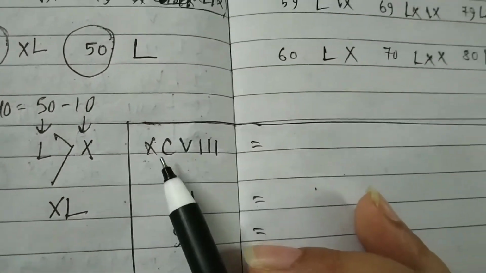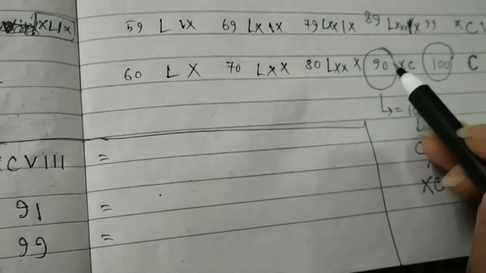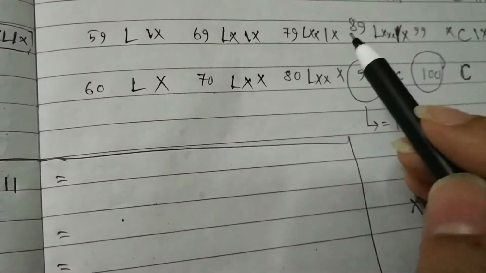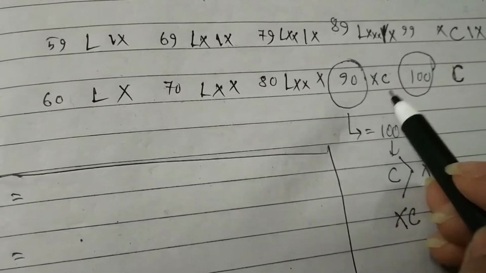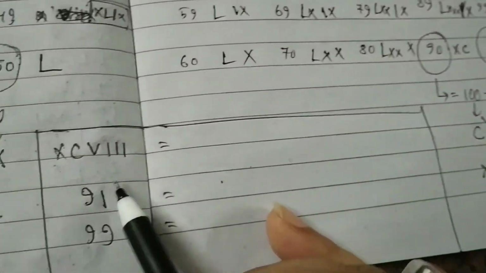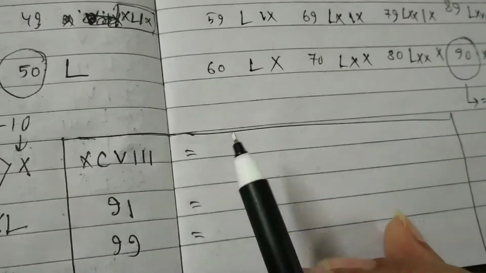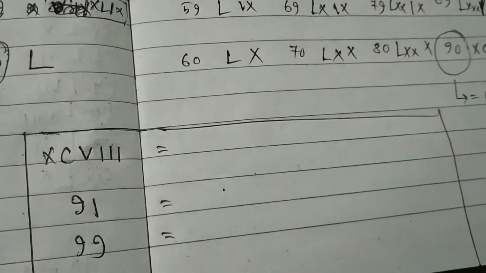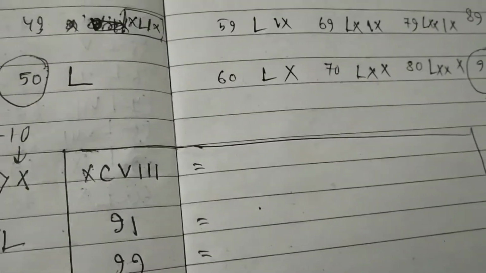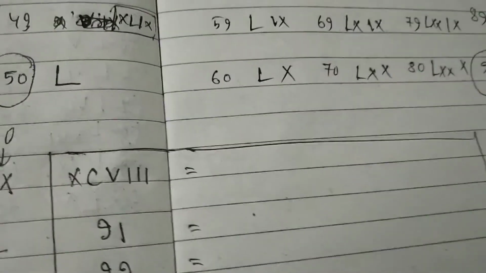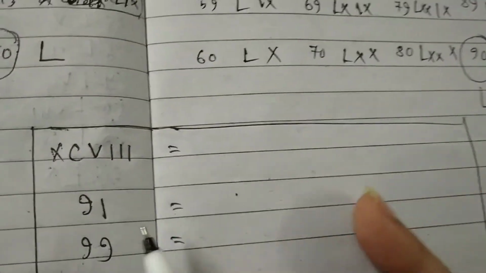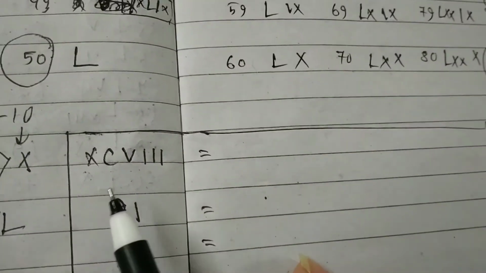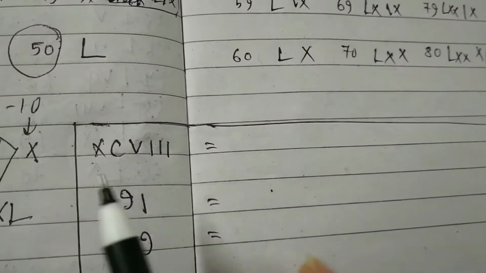Now if somebody remembers what XC is by continuous practice of the construction of the Roman numeral chart from 1 to 100, then they will know that XC equals 90. So they can also directly write it as 90, but from the point of view of a beginner who has just started forming these conversions, they will use the basic rules and form the numbers.